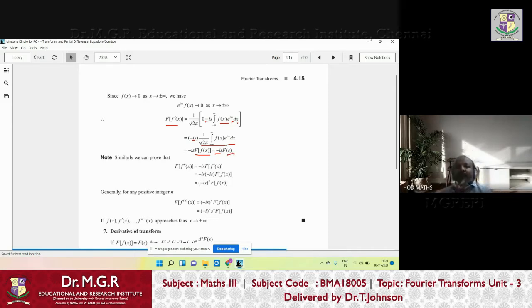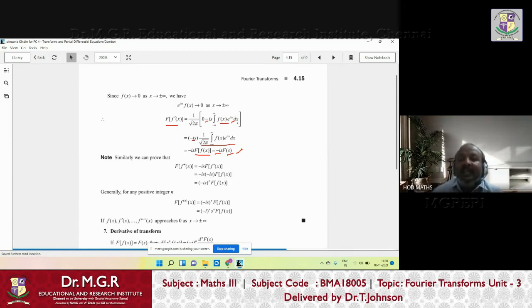But it looks simple. Why do we study all these properties? Whenever finding f dash of x from f of x is difficult for certain problems, then finding the Fourier transform of f dash of x is itself difficult. In that case, we can use this type of relation for difficult functions, not simple functions like sin x or cos x, which I gave only as an example. You can easily find the Fourier transform of sin x or cos x. But for certain functions it is difficult to find the derivative and the Fourier transform of its derivative. In that case, we can use this relation and easily find it.